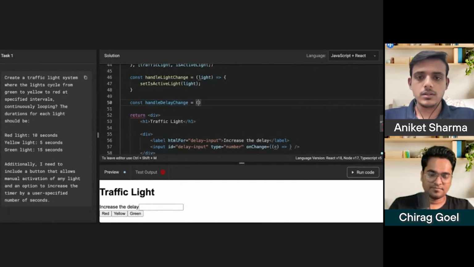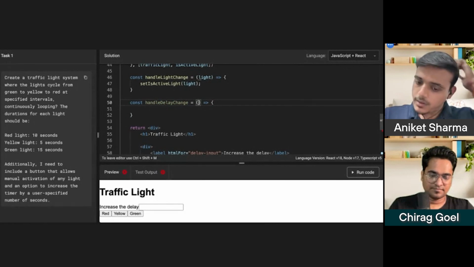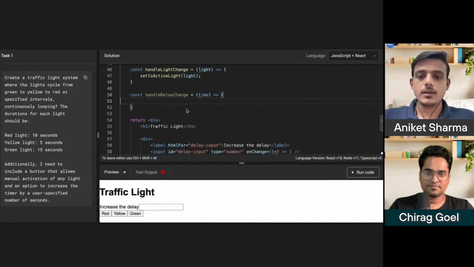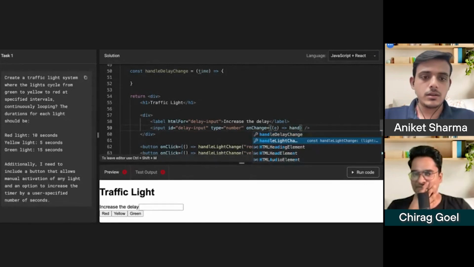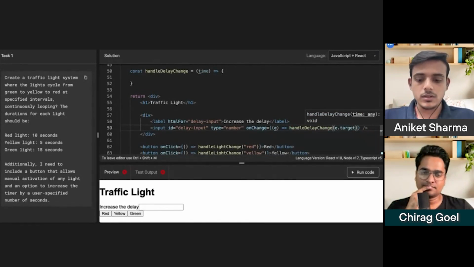So handle delay change, wherein we can pass event.target.value.